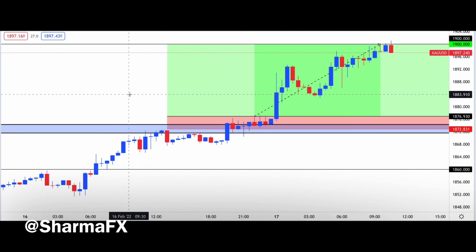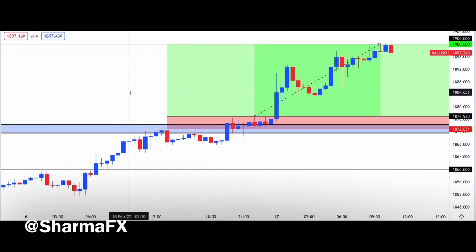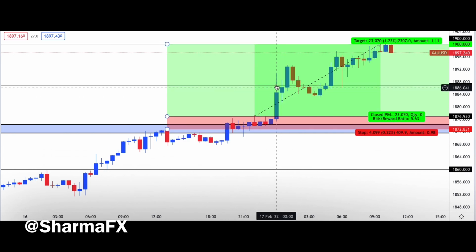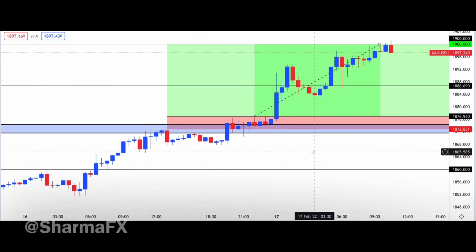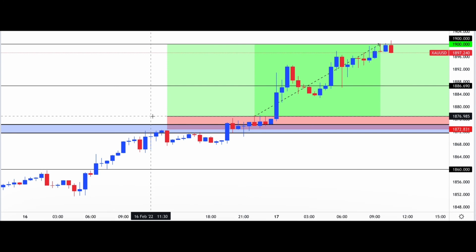I took a partial here as price pushed up here, made that top wick, and came right back down. The exact level here was 1886.69 right here, and then the following candles continued bullish. Move my stop loss to break even because I still want to give price enough room to retrace, because in a bullish structure, price does not just run, it needs to make retracements. So I was giving it enough room to retrace here after taking partials